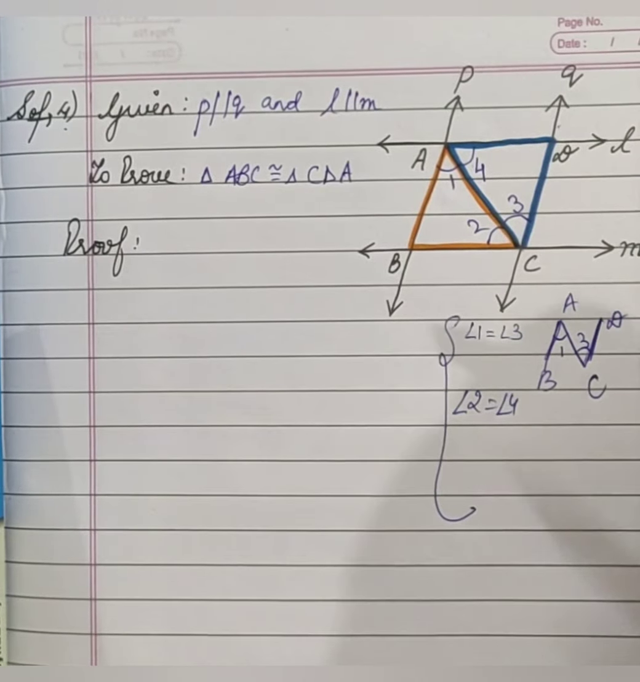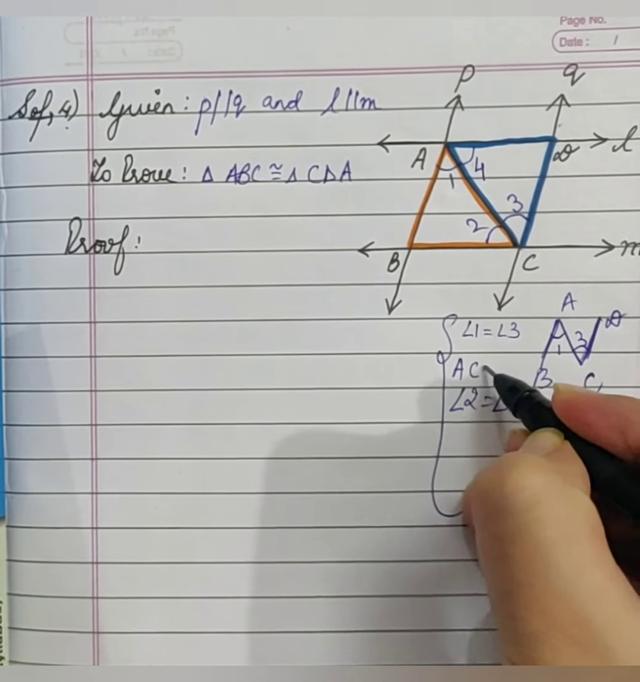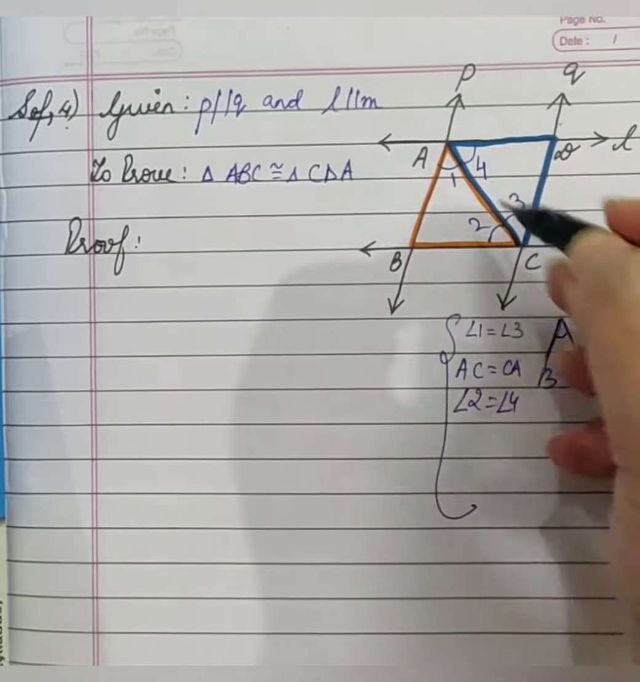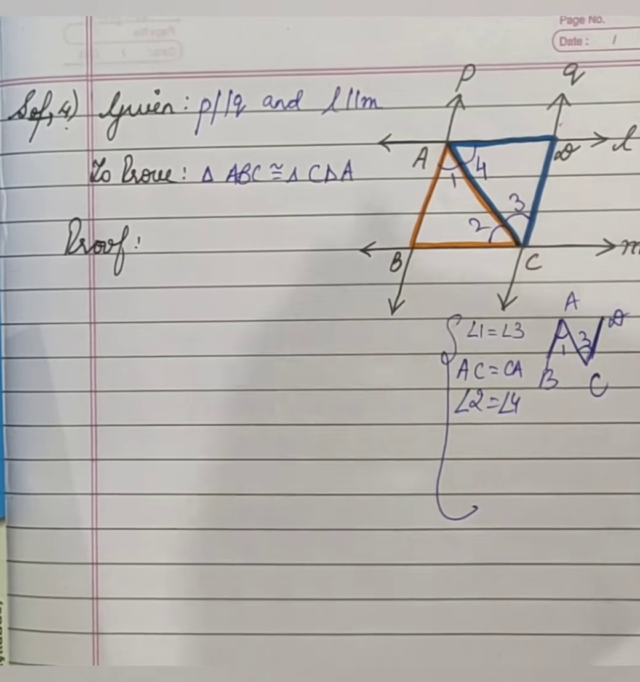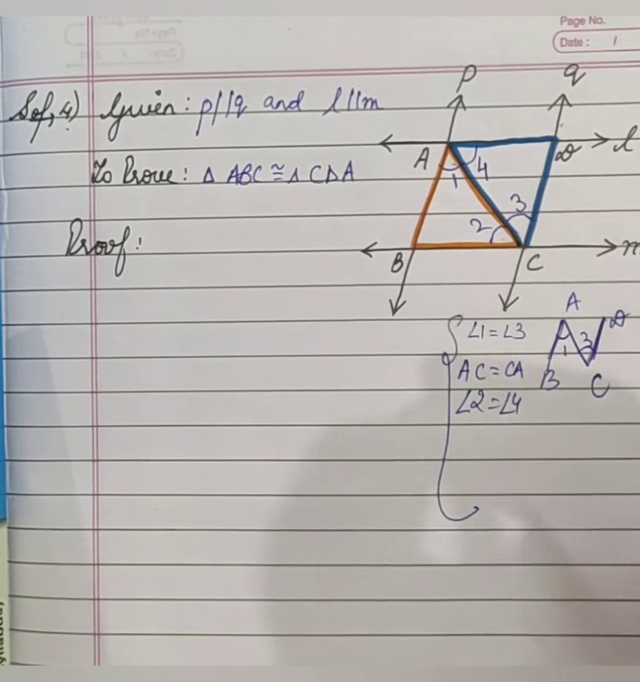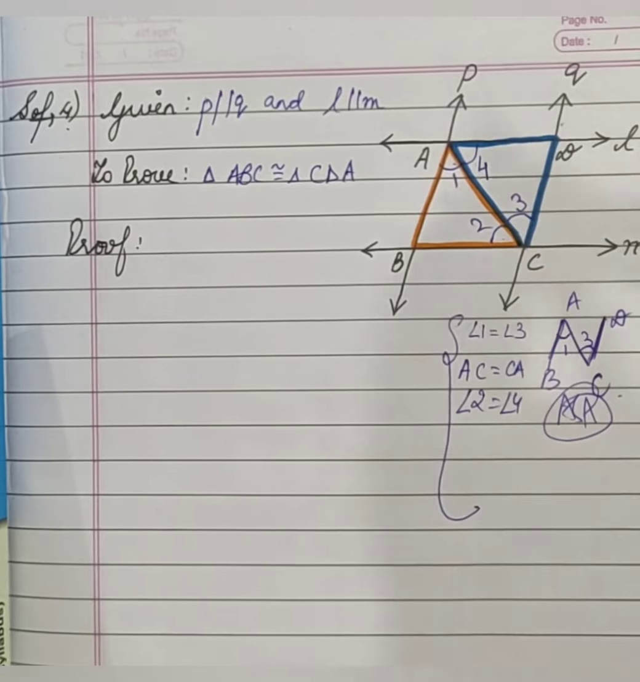Of course, we can use these two conditions. And third condition we can use AC is equal to CA. This is common in both the triangles. So by angle side angle congruence rule, we can prove the two triangles as congruent. See, if you observe,